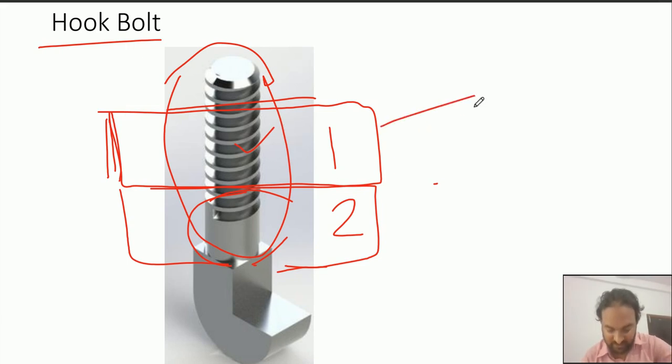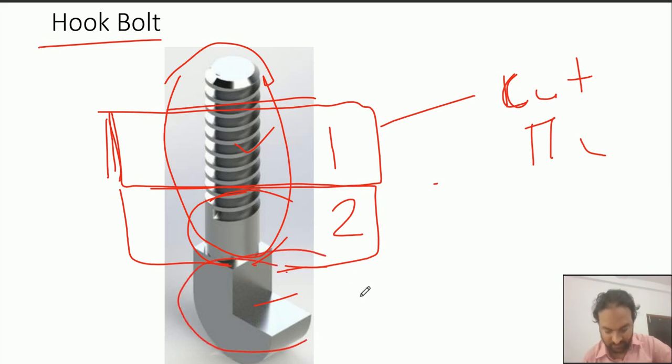First we can cut the thread here, and we will cut this groove to accommodate the hook. Like when we were cutting a rectangular groove to accommodate a T bolt, in reverse way we were cutting.